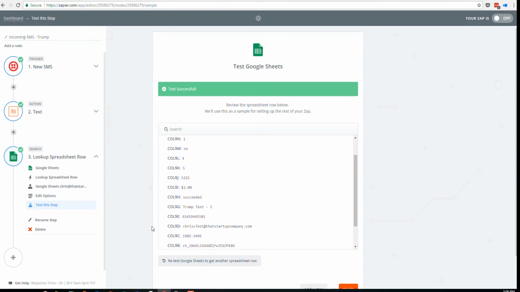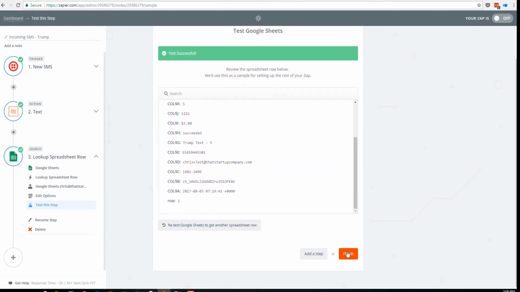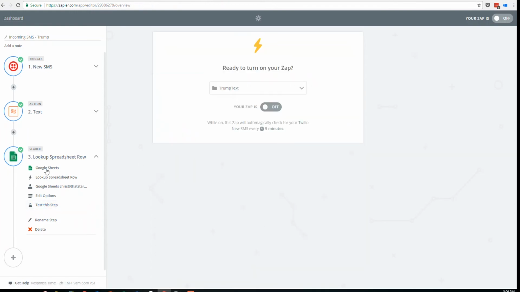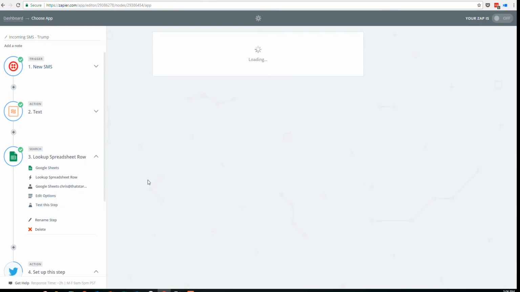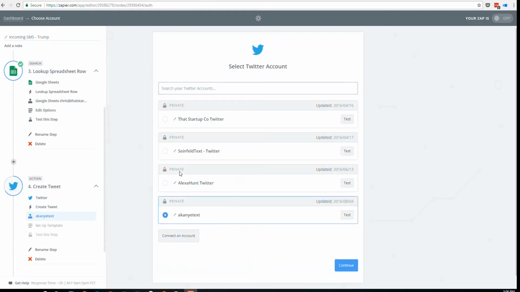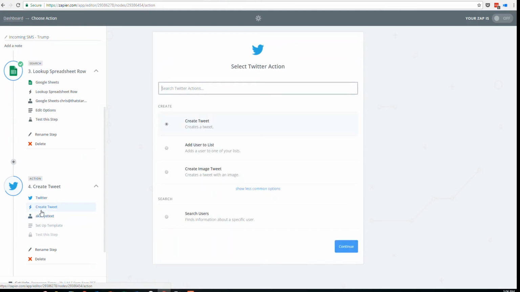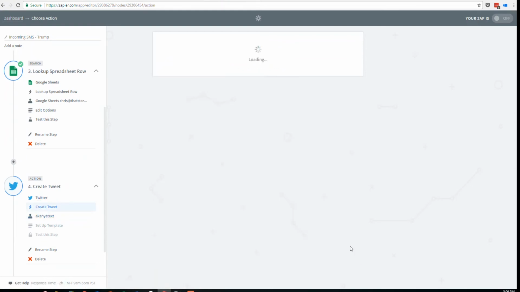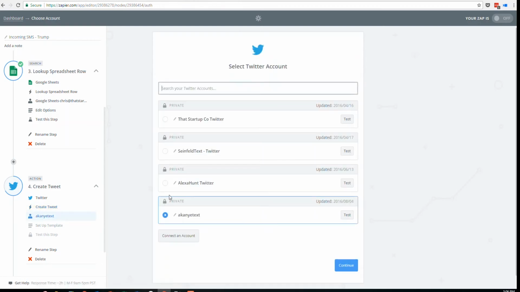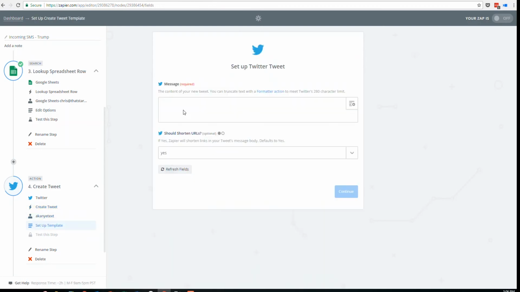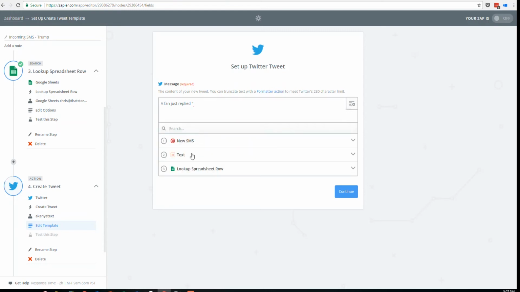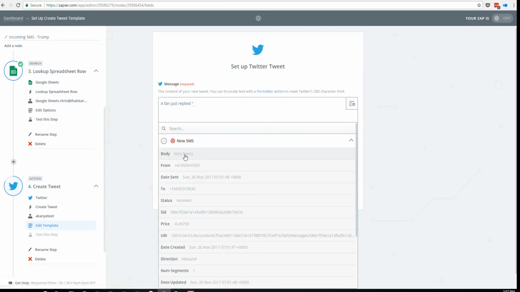We can now do the really easy step of sending it out via Twitter, and we do that just by selecting Twitter, selecting create a tweet, continue, selecting the Twitter account. We're just going to use Kanye Text for this example, and then we take the actual content of the message, new SMS, body. I would also suggest throwing in a hashtag,